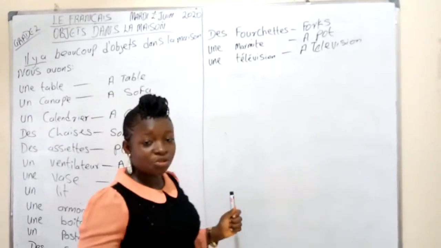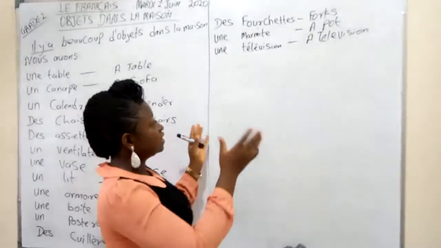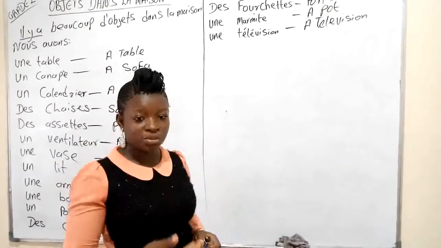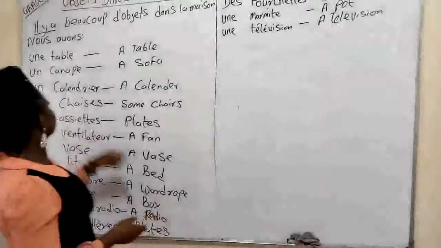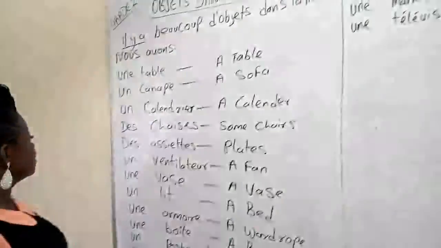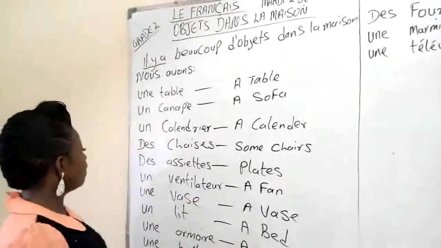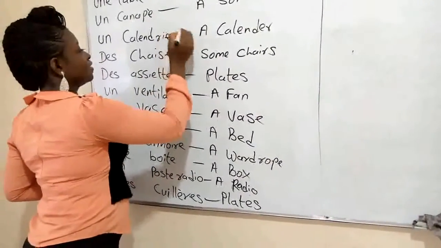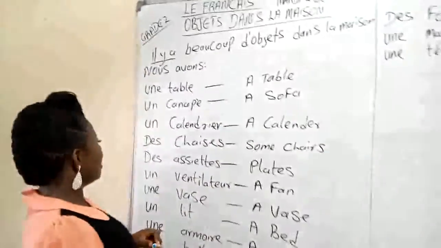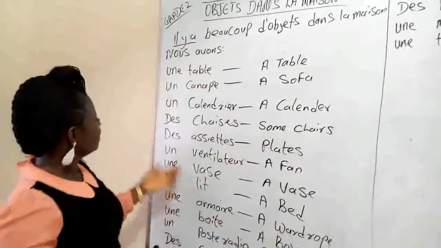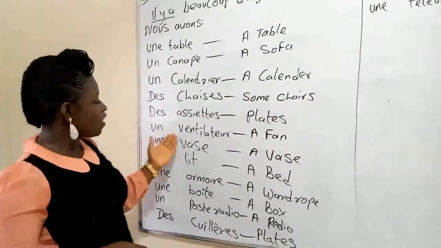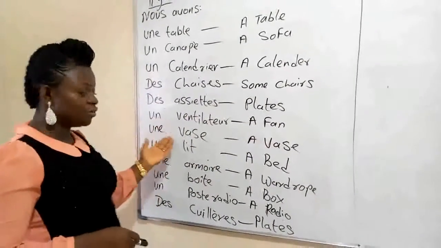and we are going to look at the pictures of all these that we have listed on the board, saying il y a beaucoup d'objets dans la maison. Il y a, nous avons une table, nous avons un canapé, nous avons un calendrier, nous avons des chaises, nous avons des assiettes, nous avons un ventilateur, nous avons une vase,